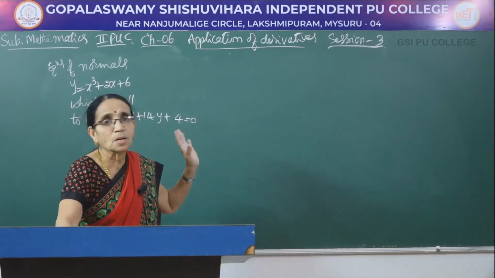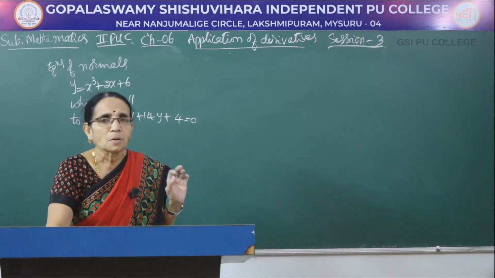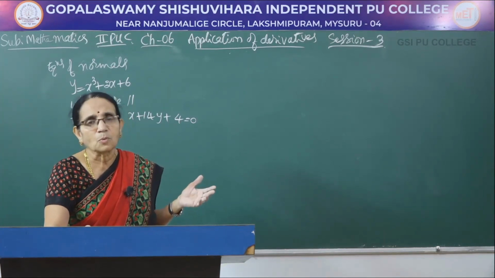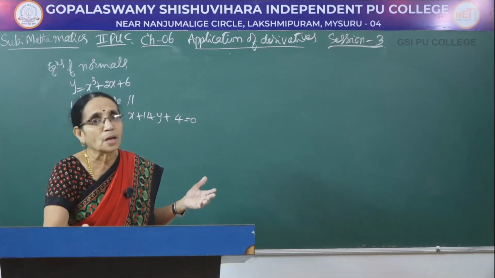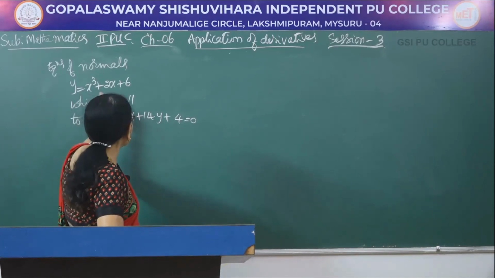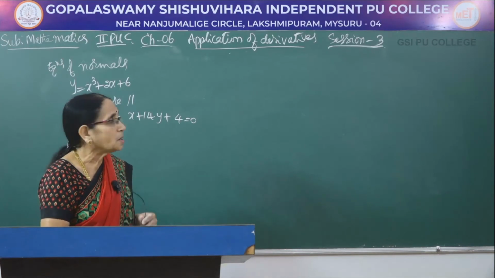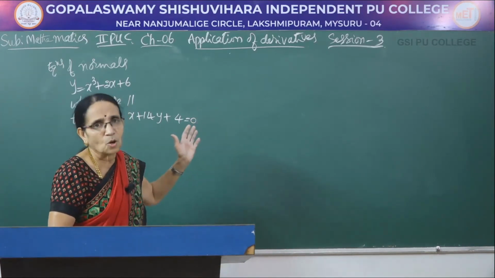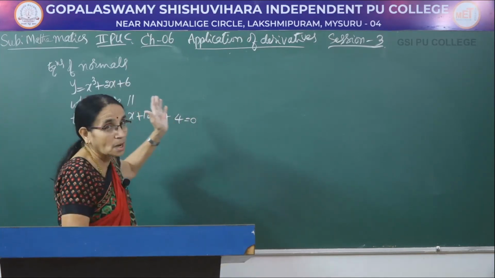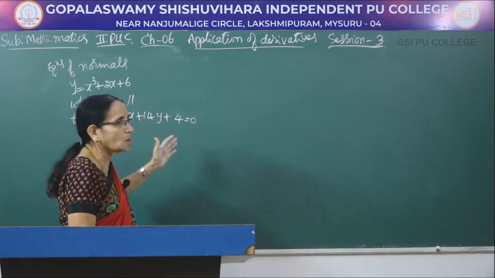Now as soon as you do the differentiation, you always get the slope of the tangent. But I told you, the normal being perpendicular to the tangent, the slope of the normal would be the reciprocal with a change of sign. So first, here again the point should be calculated. It is some curve here, y equal to x cube plus 2x plus 6. Normals have been drawn to the curve, and it is given that the normals are parallel to a particular line.